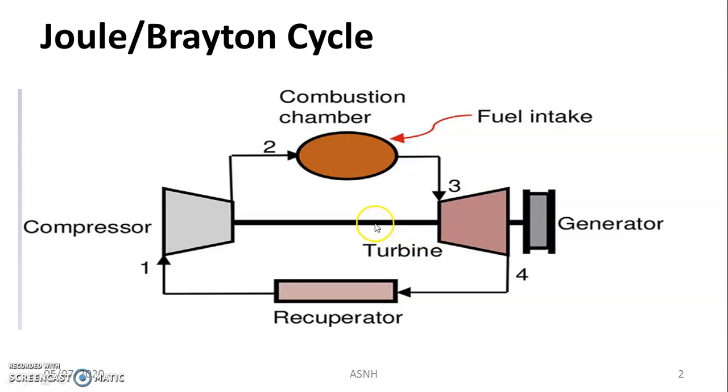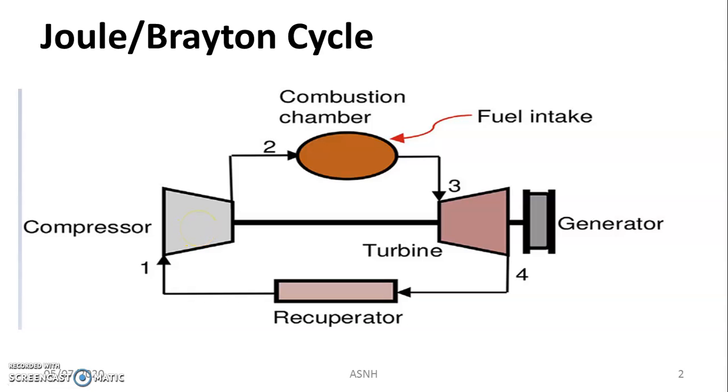As far as the working of this gas power cycle is concerned, the main function of the compressor is to compress the working fluid. So students, first of all you have to know which working fluid is used. In the case of a gas turbine power plant, any gases or some kind of air act as the working fluid. In the compressor, whatever the gas or air is, it gets compressed to a high pressure.